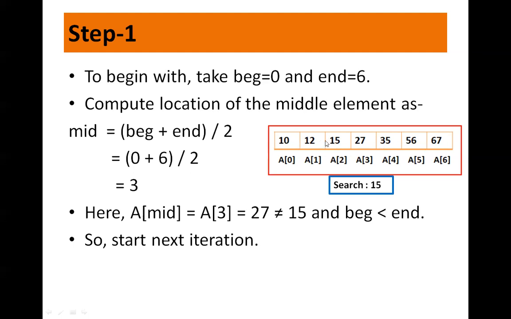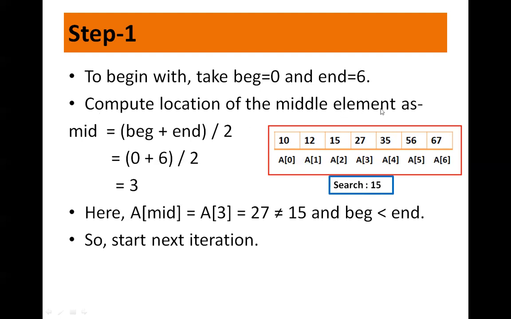Again, on this side, you'll calculate the midpoint. The midpoint is 12. Again, you'll compare it with 15. Now, 15 is greater than 12. Before, 15 was smaller than 27, so we searched from the left side. But now 15 is greater than 12, so you'll be searching on the right side. So it will be searching only this, and once it compares, 15 is found. I'll talk about the same thing in terms of the steps.